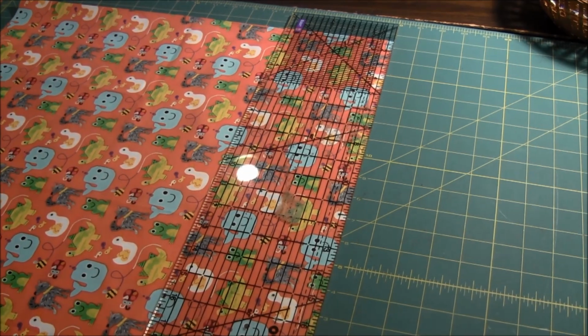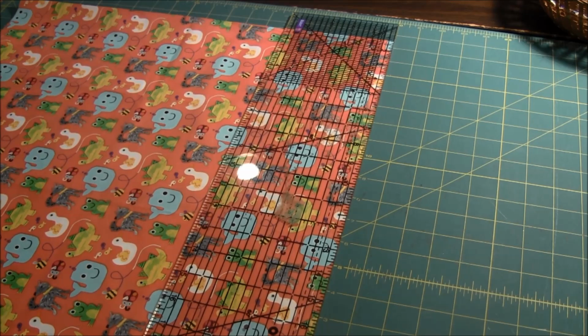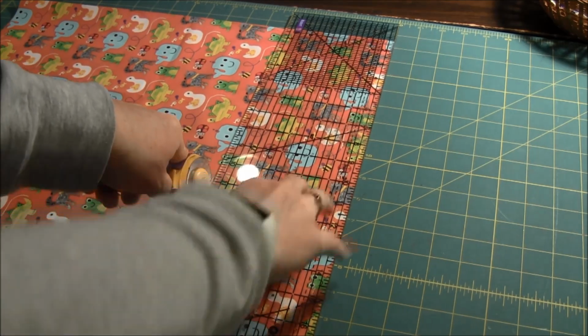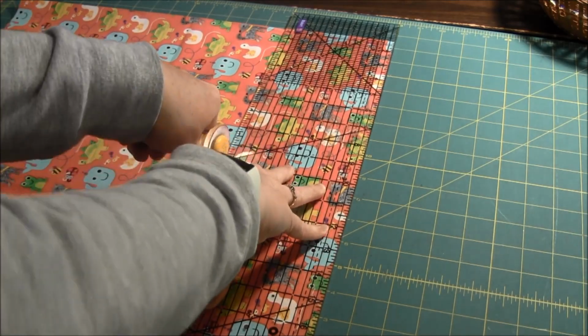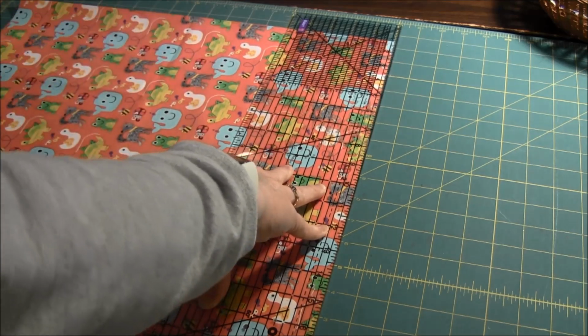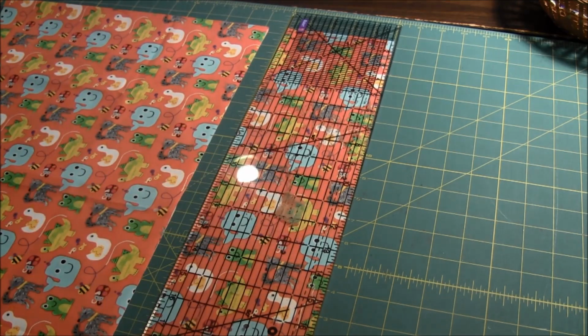I then cut the strip, being very careful to hold the ruler so that it doesn't move. So now I have one 5-inch strip,